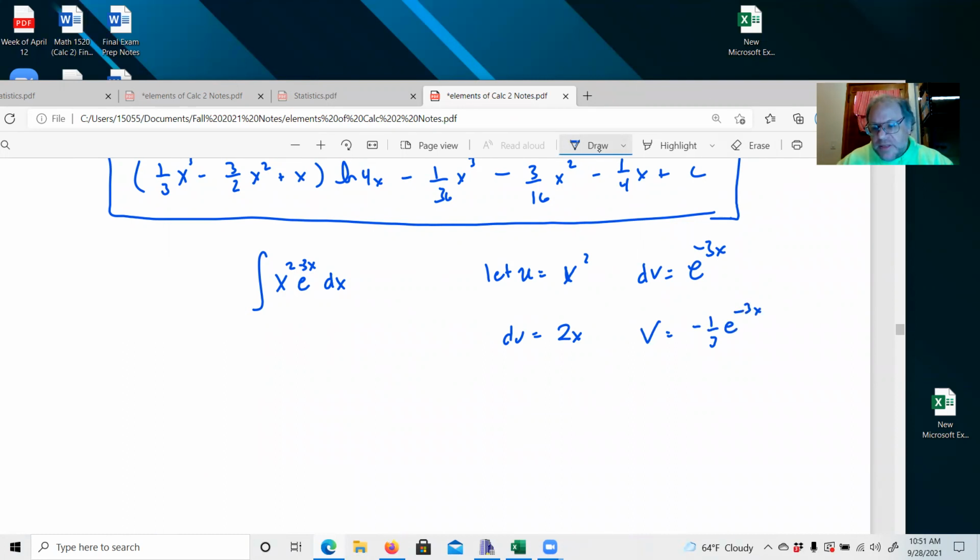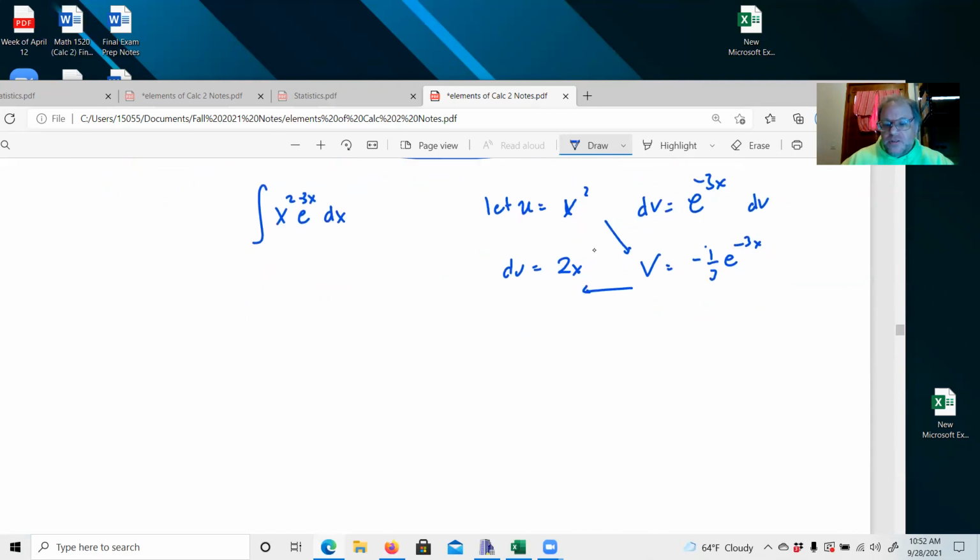The way I'm going to check this is I'm going to take the derivative of this in my head to make sure I'm getting back the same thing. So we have the derivative of this is e to the -3x times its chain, which is -3, -3 over 3, it's 1, negatives cancel, we're set. Good. All right, so our integral is going to be x squared,